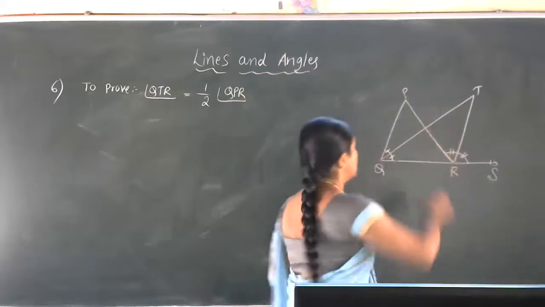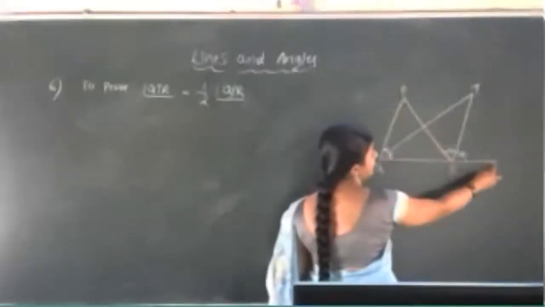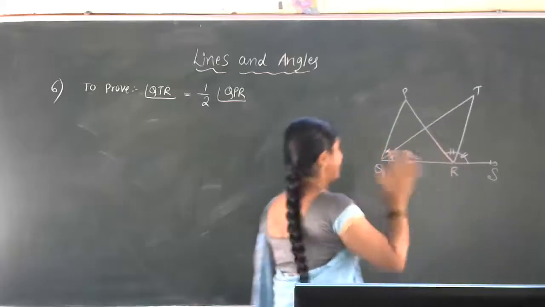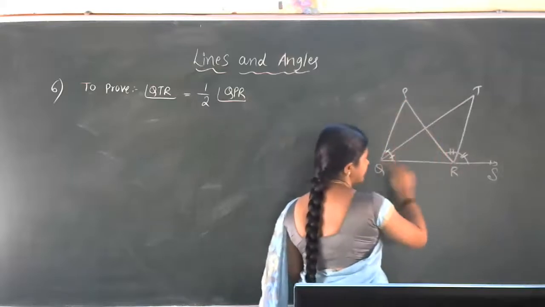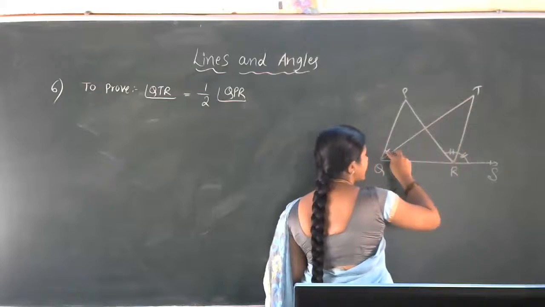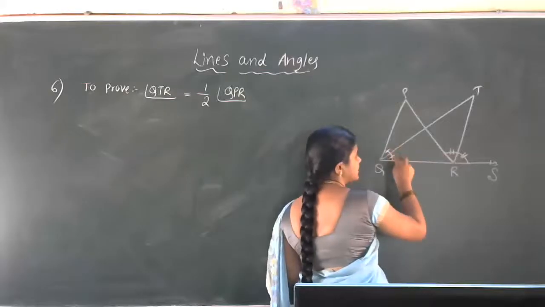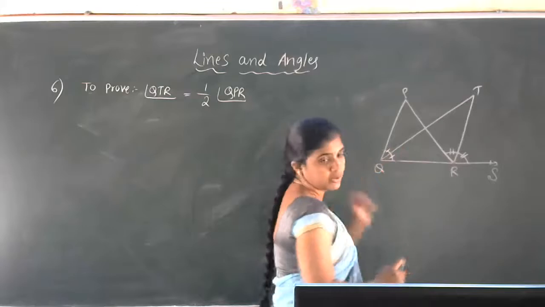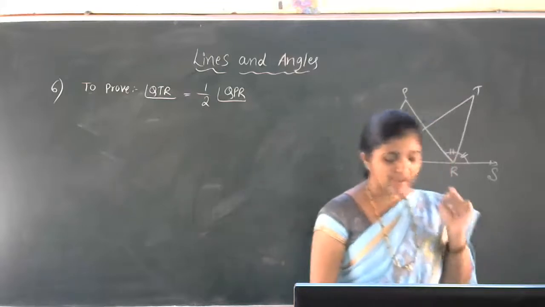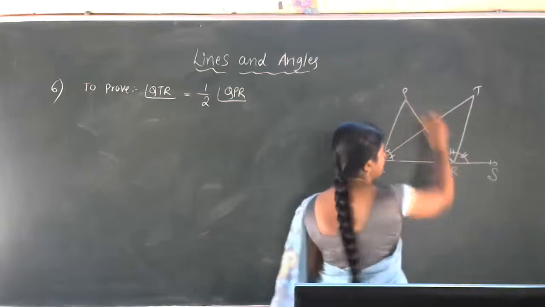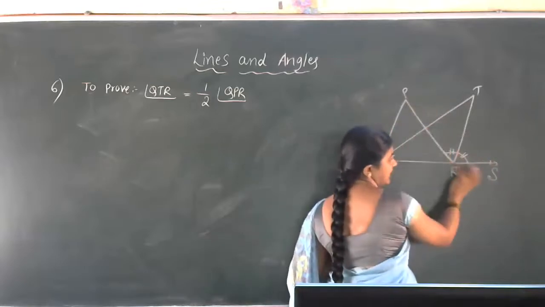If the bisector of angle PQR, here one line passes through QT, it bisects the angle, in the sense that this angle is equal to this. From this symbol, we can observe that this angle is equal to this. Okay, so the bisectors of angle PQR and angle PRS, are you observing?